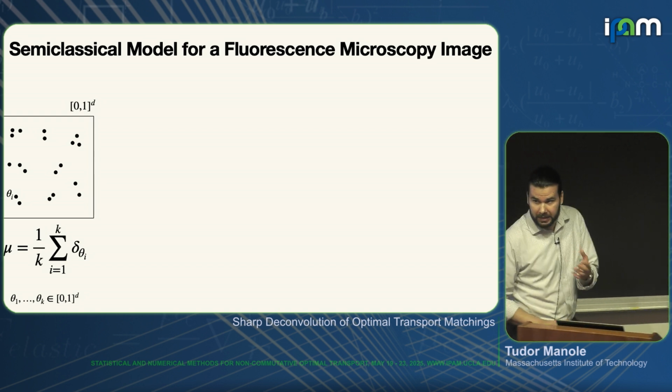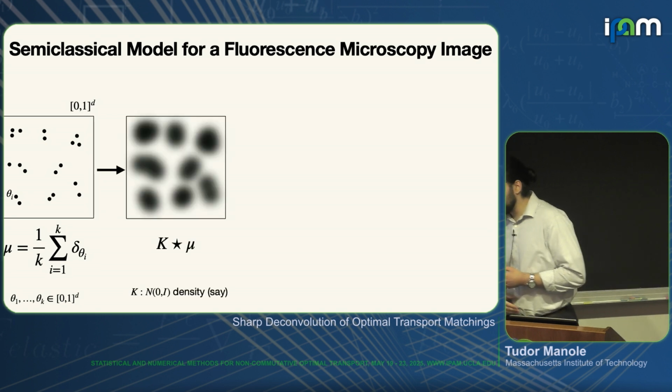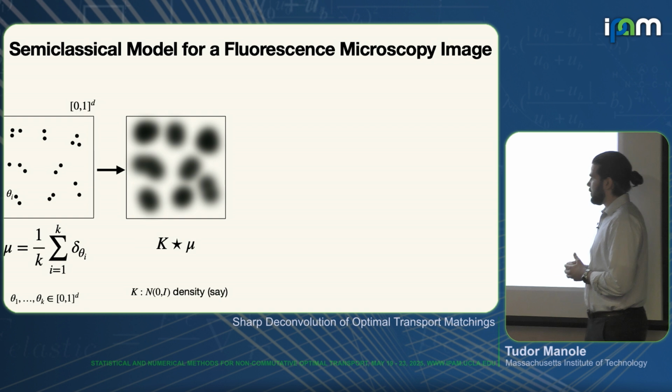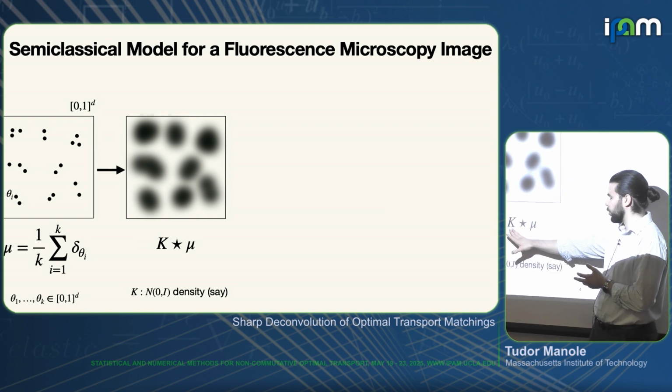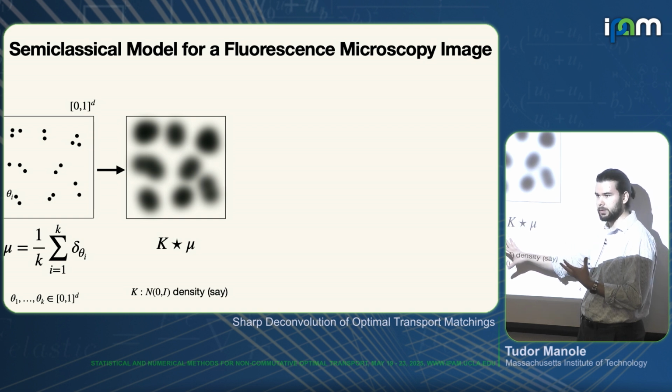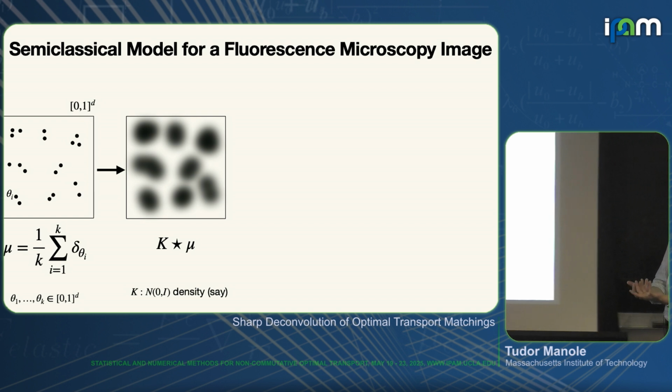So that's going to be the underlying unknown signal of the problem. And what we should imagine is that when we're using any diffraction-limited microscope, or even a super-resolved microscope, there's an effective point spread function which causes a blur to the signal. So the first step is that we're not going to observe mu, but we're going to observe its convolution with